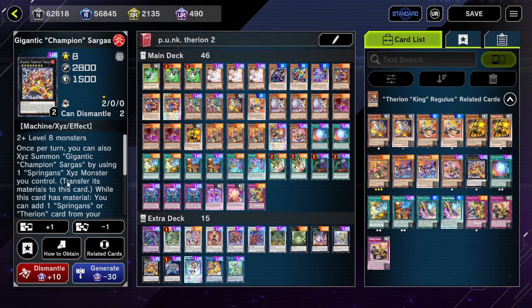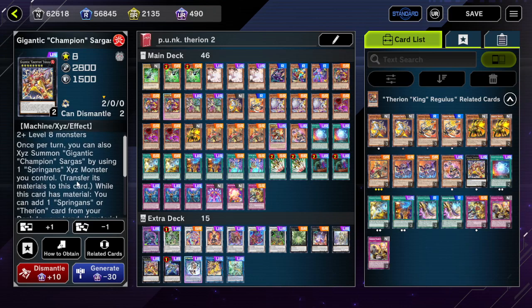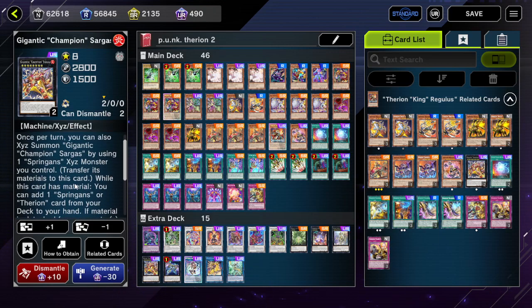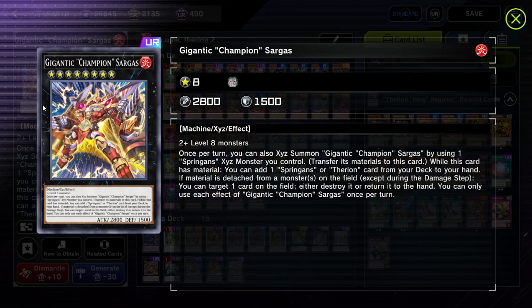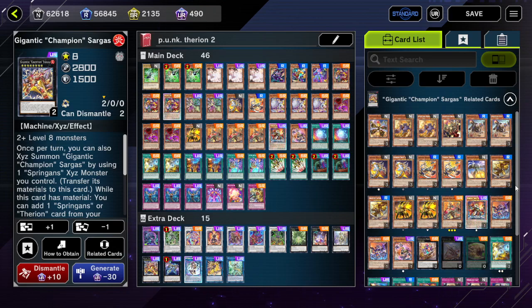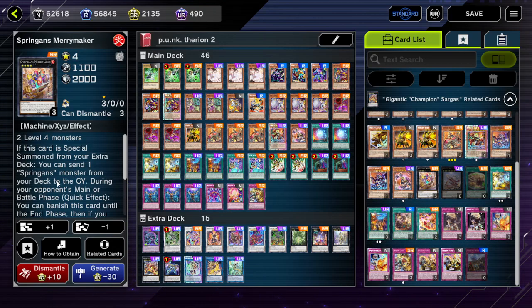And then Gigantic Champion Sargus, this doesn't do that much for you except for searching a Therion card. But interestingly enough, it can search any Therion card. It can search spells, traps, monsters. So that's pretty cool. And aside from that, it's a shame, but you can't really activate the effect to detach material, sadly. So if we could do that, that'd be epic. Pretty much, yeah. I think there's maybe one way to do that and only one way. It's if we...